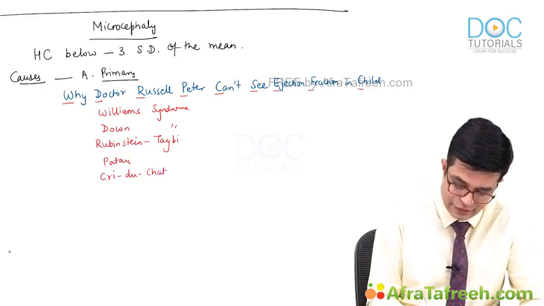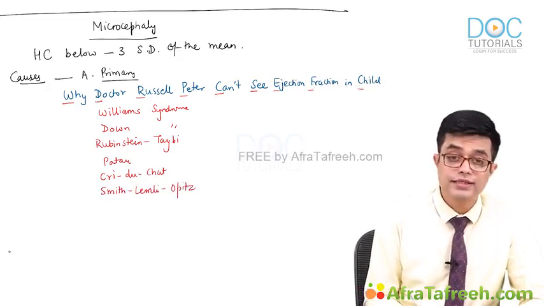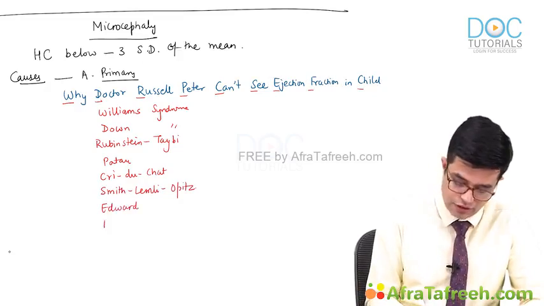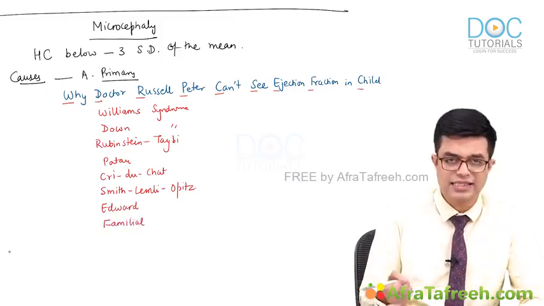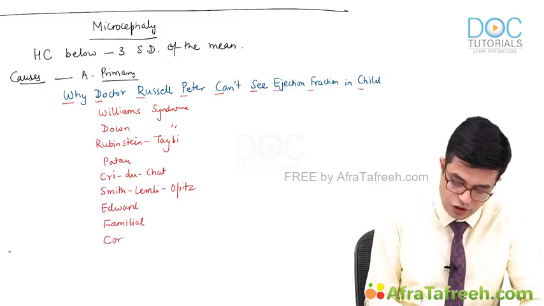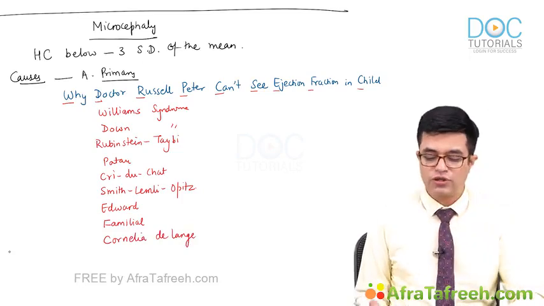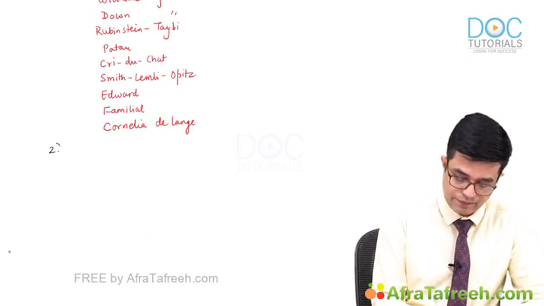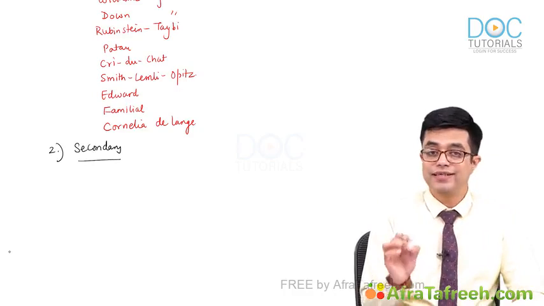Then we have S, which stands for Smith-Lemli-Opitz syndrome. Next, E stands for Edwards syndrome. F stands for familial. Sometimes it runs in the families. And last C stands for Cornelia de Lange syndrome. So these are the common causes of primary microcephaly in a child. Then we have secondary causes. Secondary causes, there will be an underlying reason why the